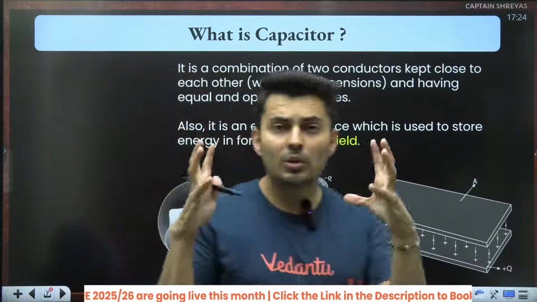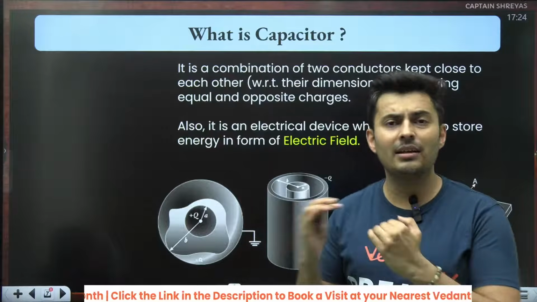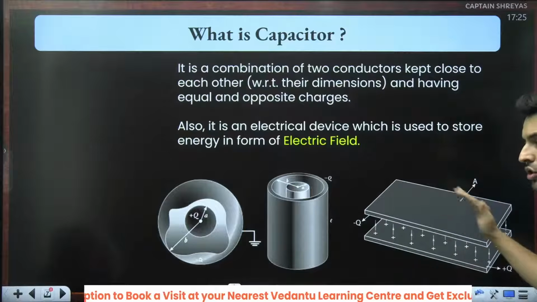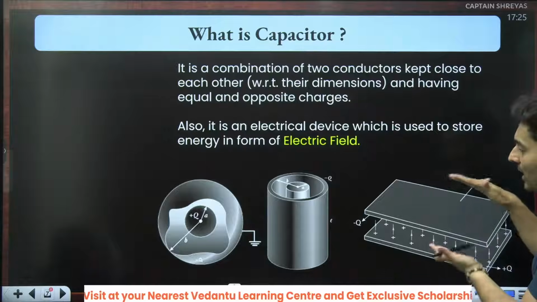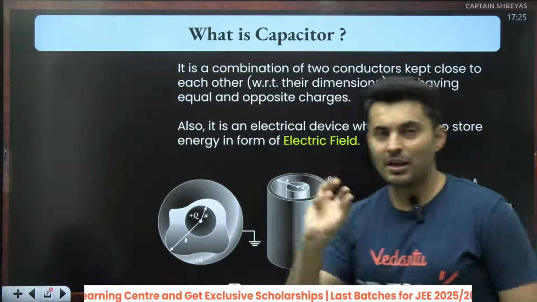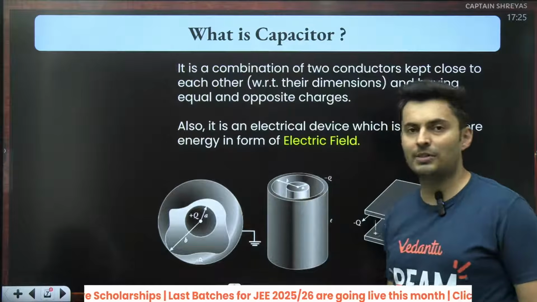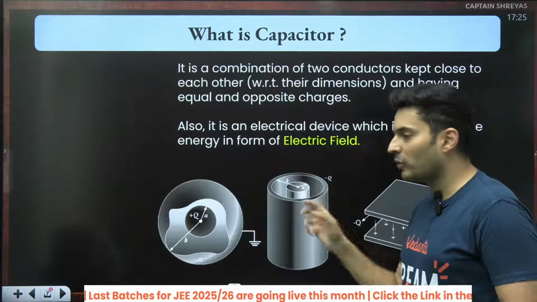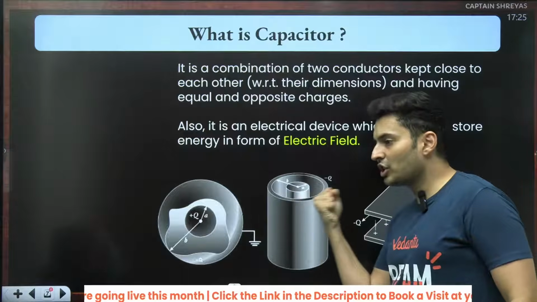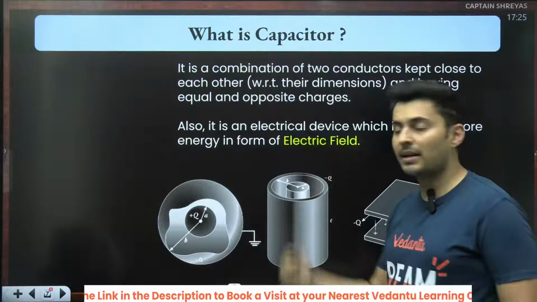Depending on how those conductors are arranged and what their shape is, you get different categories of capacitors. Like you can have two parallel plates storing the charges. Then it will be called a parallel plate capacitor. You can have two concentric cylinders. The inner cylinder has, let's say, positive charge. The outer cylinder, for example, has negative charge. So you will see electric field lines go from the positive cylinder to the negative cylinder, and there is electrical energy which is stored in the field inside the cylinder. So then it will be called a cylindrical capacitor.